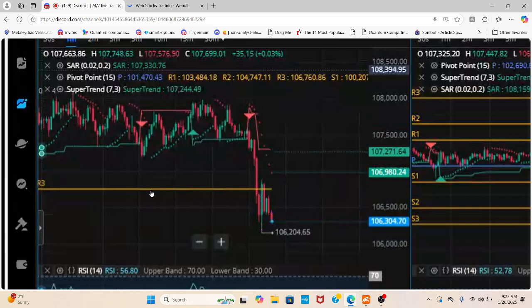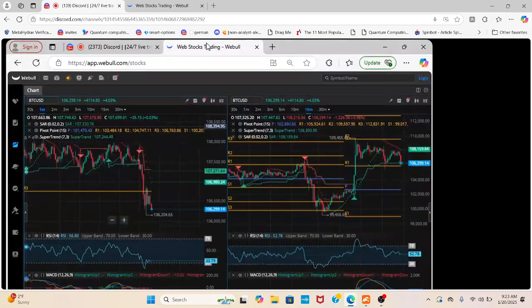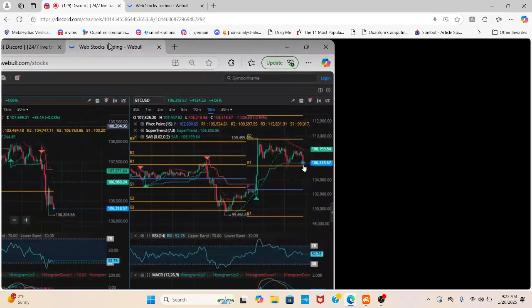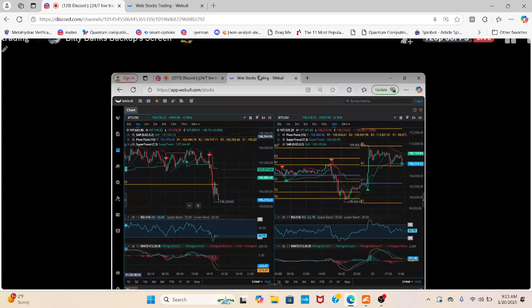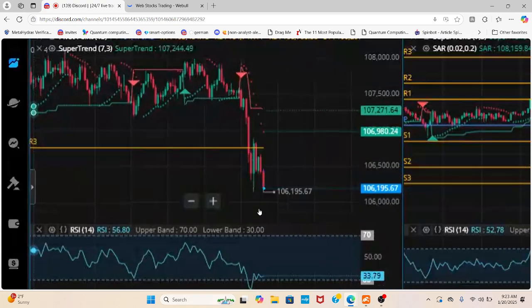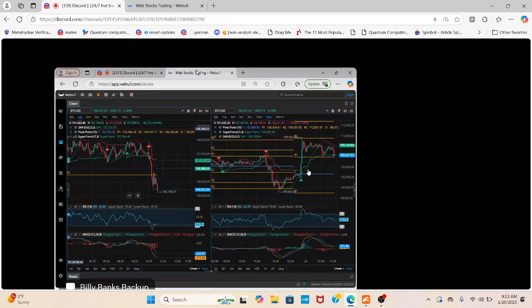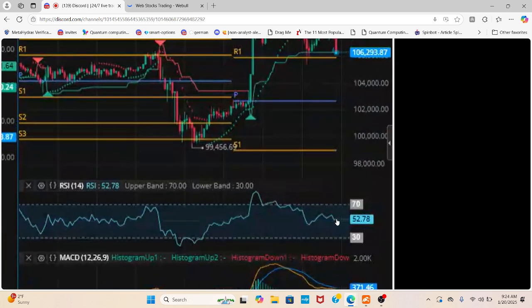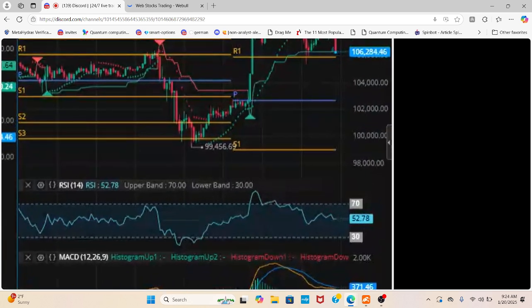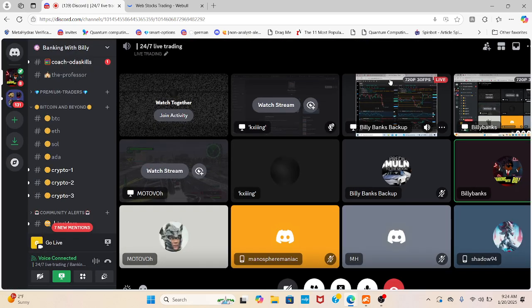That is resistance 3 over here on your 1 minute chart, and that resistance 3 on your 1 minute chart is actually resistance 1 for the 15-minute chart that is getting ready to go retest. And since it hasn't retested that just yet, we could possibly be seeing, as we are seeing right now, BTC push down even just a bit further until it gets down to retest that range, and we'll be seeing your RSI on your 15-minute chart start to build support down here towards the middle range as your MACD looks for the next round of